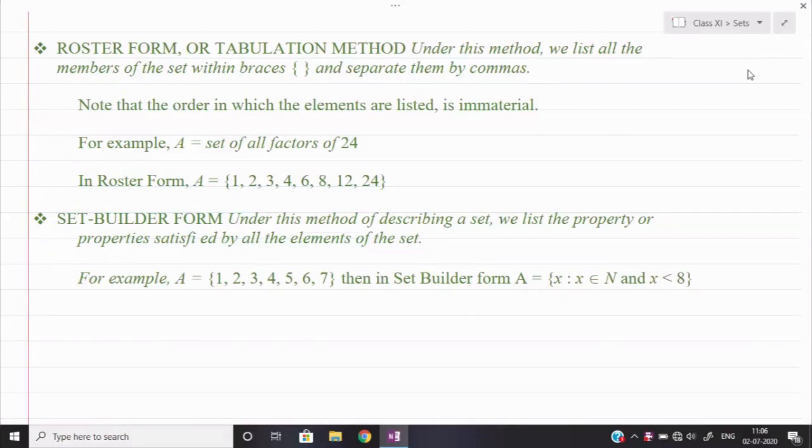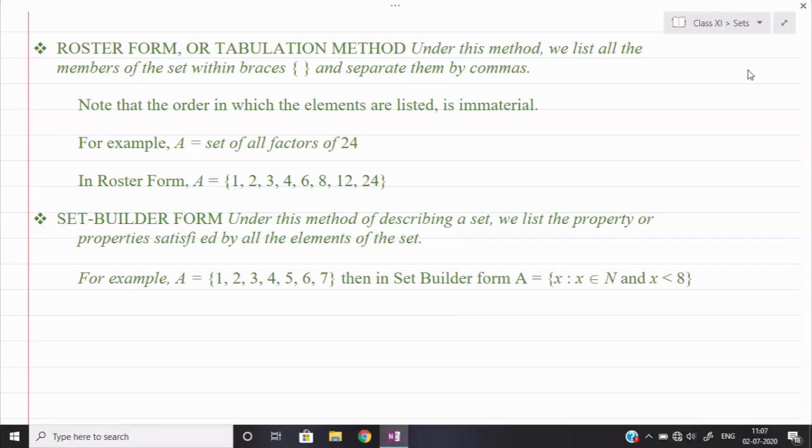In the last class, we learnt how to define a set, how we can organize particular elements in a well-defined form. Today we shall start the representation of sets. Means, if a set is given, how can I present it in two different forms? So let us see the representation of a set by two methods. One is the roster method and the second one is the set builder method, or we can say set builder form.